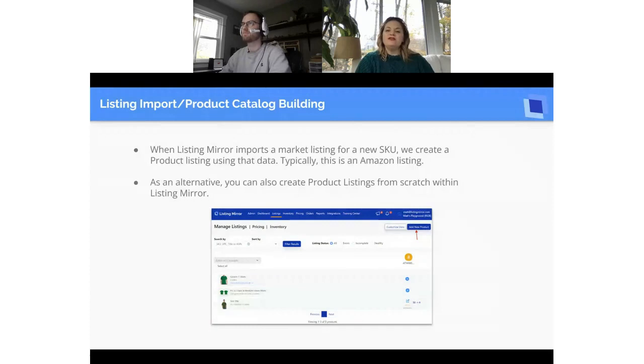Okay, so let's first talk about how we get the information that we use to create your Listing Mirror product catalog. Most commonly, we import your product data, your listings, from your primary listing source, which for a lot of you is your Amazon channel. We have a lot of Amazon sellers that use Listing Mirror, and typically they come to Listing Mirror with a complete data set of products. We will import those directly from